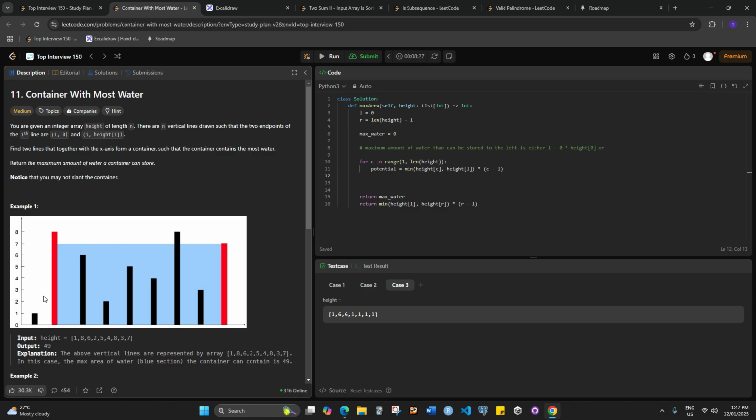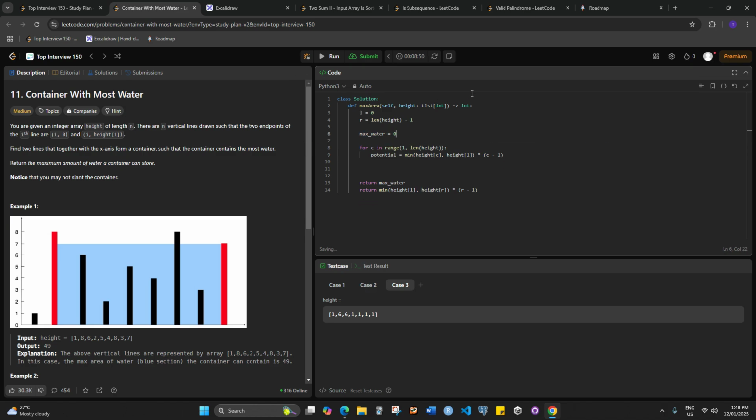For a given value, if it's less than, the potential is going to be 1 multiplied by C minus L. The farthest has to be between the